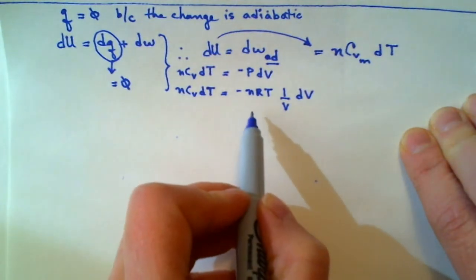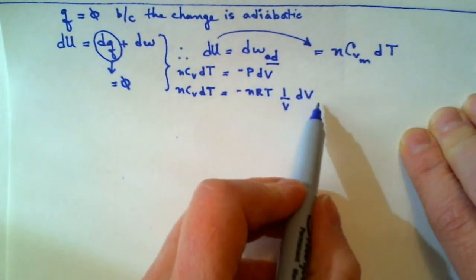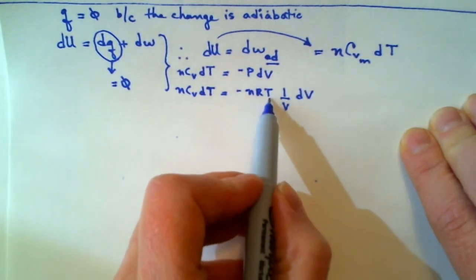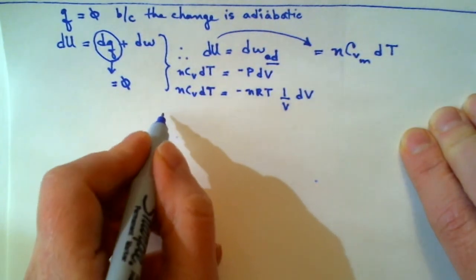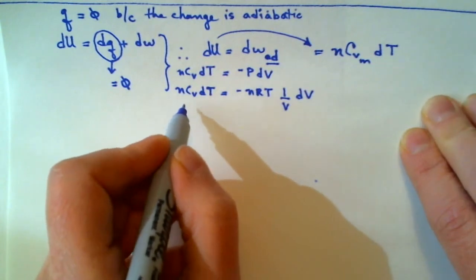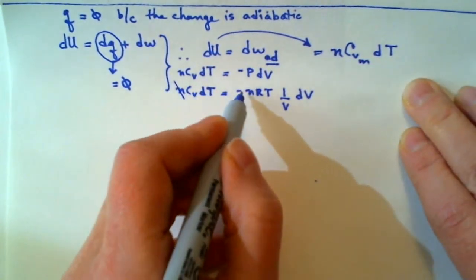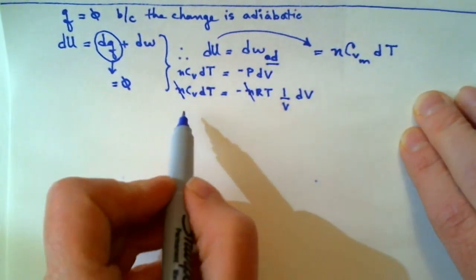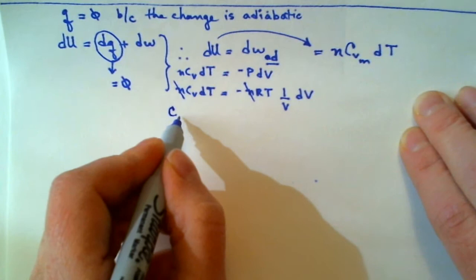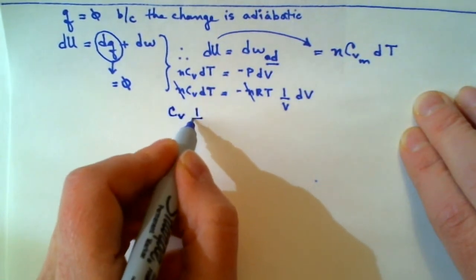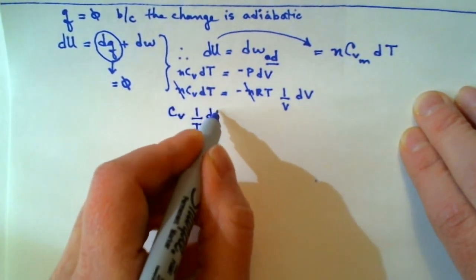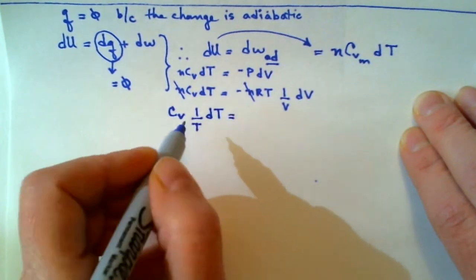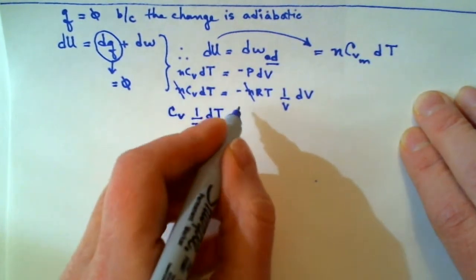But likewise, everything to do with volume is on the dV side, and everything to do with temperature should be on the dT side. And before I do that, I just want to recognize that I can simplify this a bit and cancel the n's. So now I'm going to bring temperature over to here, but I'm going to write the constant first and then write it as 1 over T dT. And so each step makes a lot of sense.